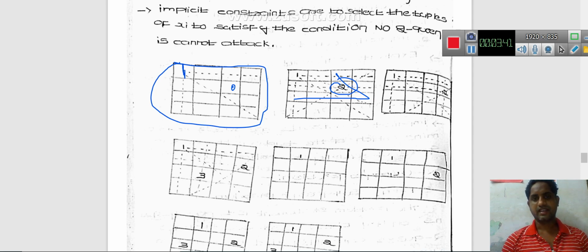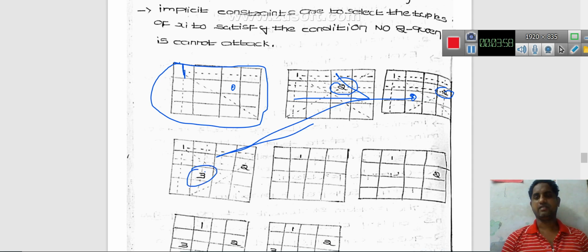Now the second queen will be placed here. Then assign the third on this place. Whenever we assign the queens, it must not be in the same row, same diagonal and same column.